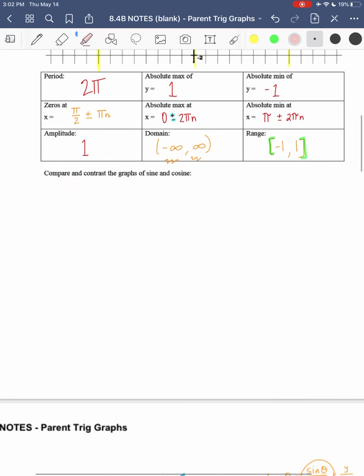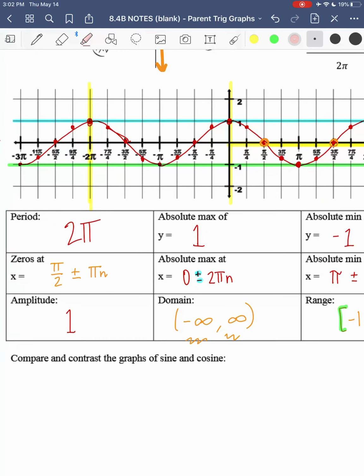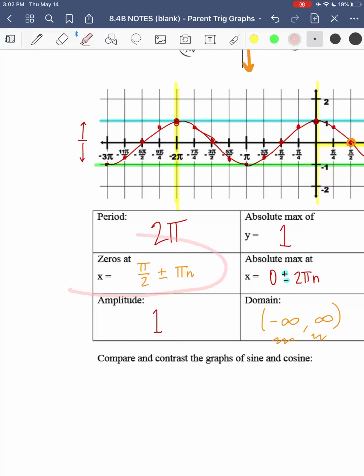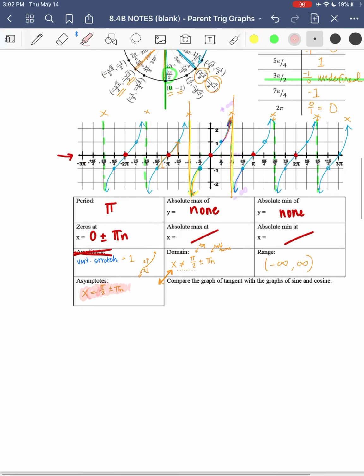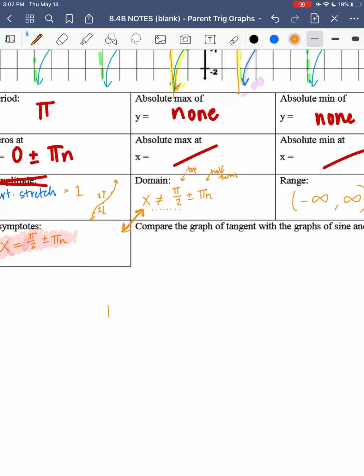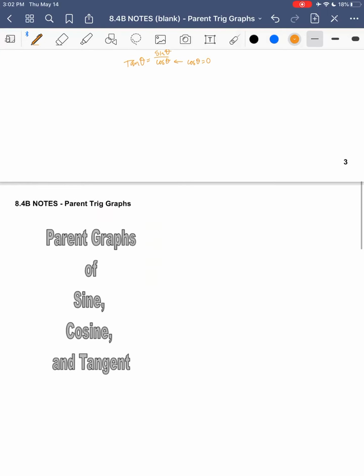Pi halves plus or minus pi n, I've seen that before. That was where the zeros of cosine were. And I wonder why those might be the same. It might have something to do with the fact that tangent of theta is sine of theta over cosine theta, and it would be bad if cosine theta equaled 0 because we can't divide by 0. But I don't know. You think about it for yourself. Okay,